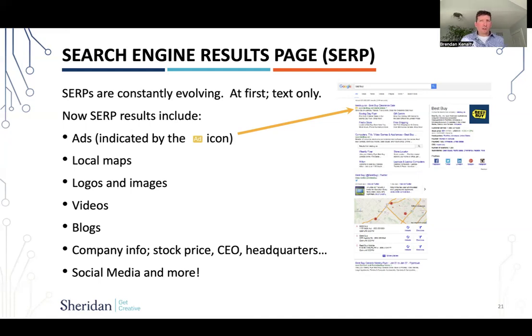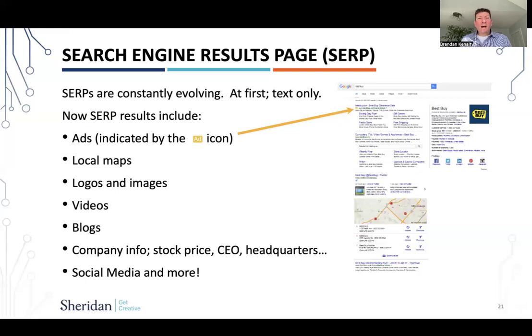There's two kinds of search marketing. There's search engine optimization, which is what we call organic, which is free. That's what we're going to talk about today, where we're constructing our content and our website in a way that we show up in these search rankings without having to pay. The other option is to pay. So you can buy that keyword and you can show up at the top. That's a different course that you will take later in your Sheridan program. But just to know, there's these two different sides.